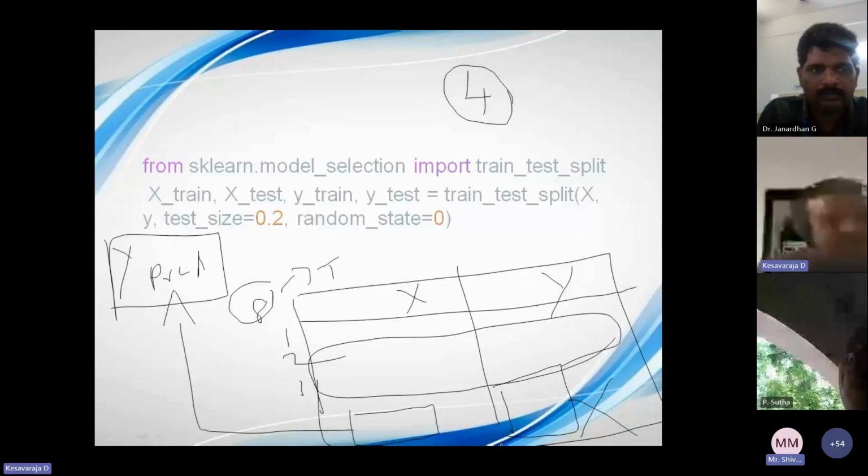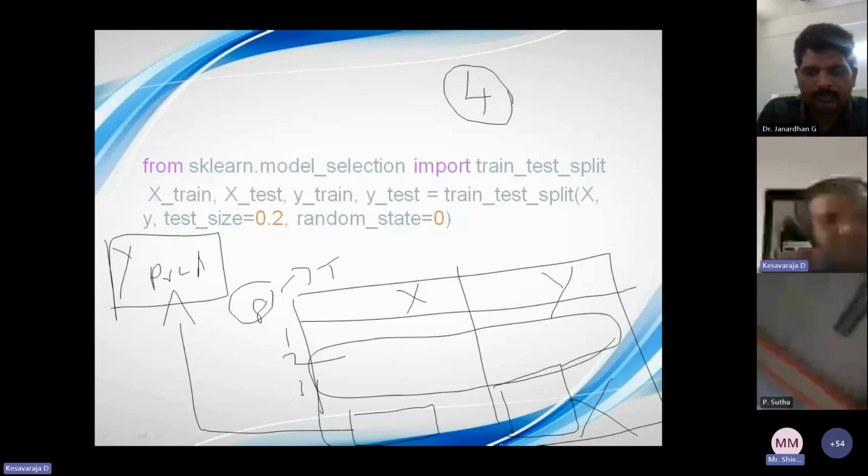The machine can find the y predicted value, you can compare the actual y value and the predicted value, then you can get the results. So step number 1 is to import packages, step number 2 is to read data from the dataset, step number 3